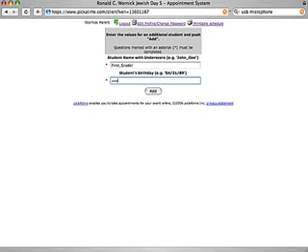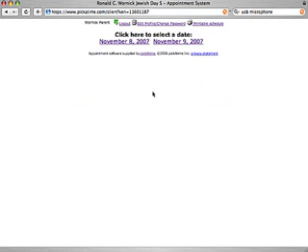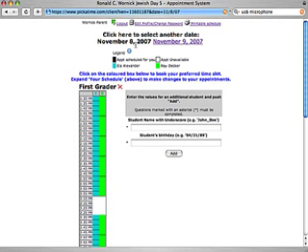So let me put in first grader's birthday. Hopefully I get it right. If I get it incorrect, it'll tell me that the record was not found. And I click add, and it was correct, so everything works out right. Now it gives me the option of picking which conference day I want. Do I want to go Thursday or Friday? I'm going to click on Thursday, and now I'm taken to my student's